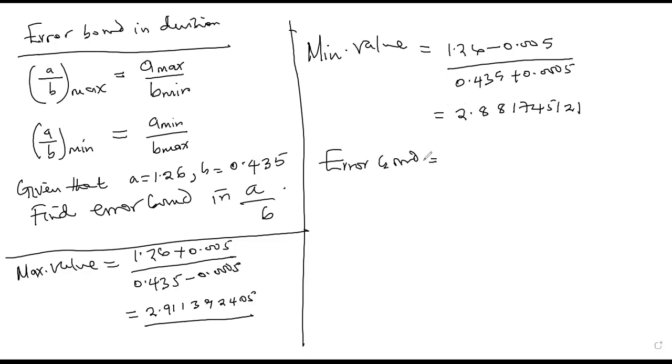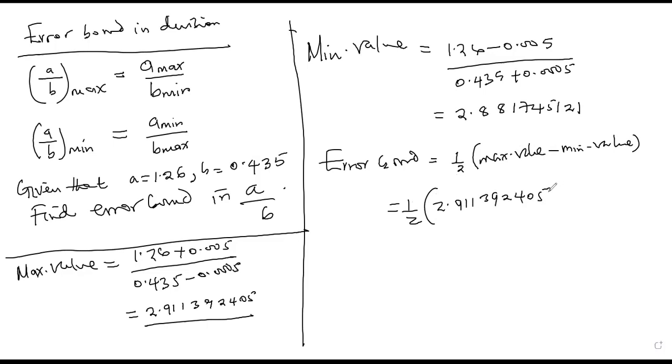So the error bound will be equal to half of maximum value minus minimum value. And this is going to be equal to a half of the maximum value, 2.9911392405, minus the minimum, that is 2.88174521. And on computation, this one is going to give you